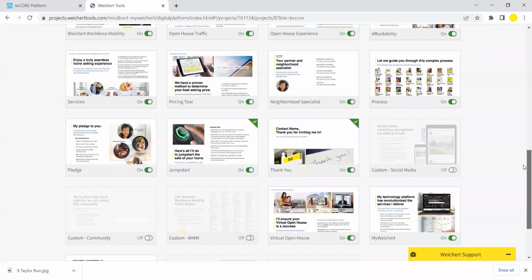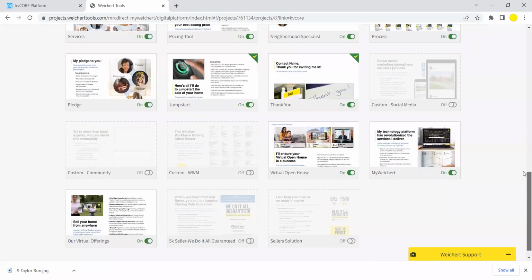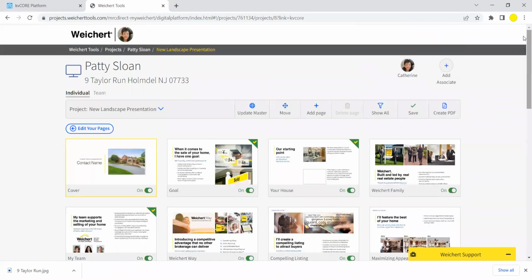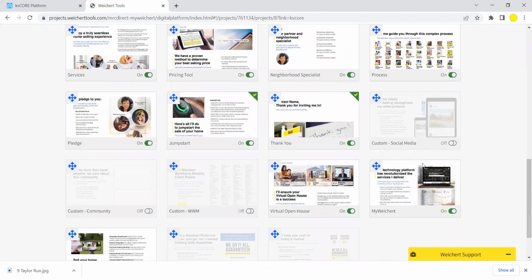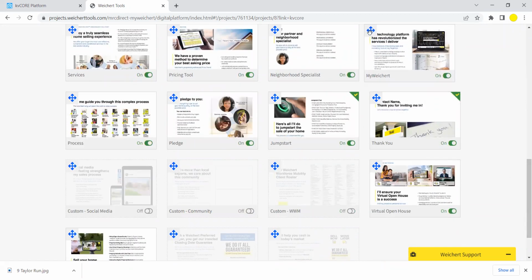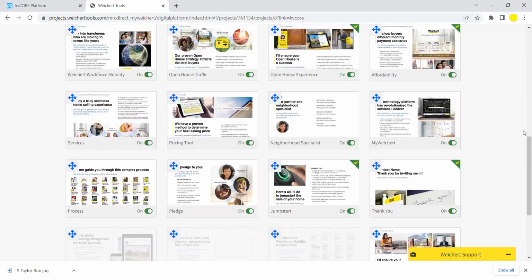Okay, so the optional ones are down here. Now I want to move some of those optional ones into the presentation itself. So I can go over here to the move button, which gives each slide an arrow. I'm going to go down and move this one up. I'm going to bring this up and then slide up a little more because I think I want it